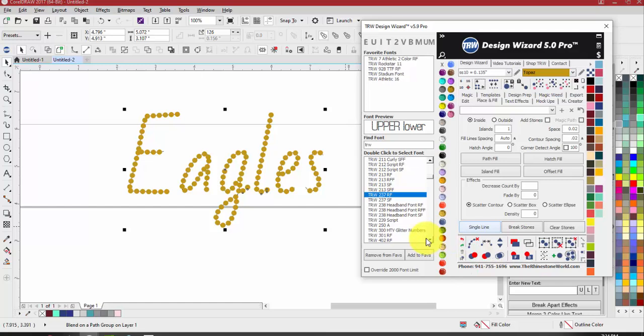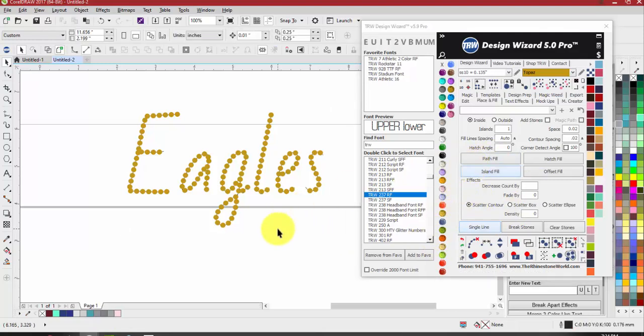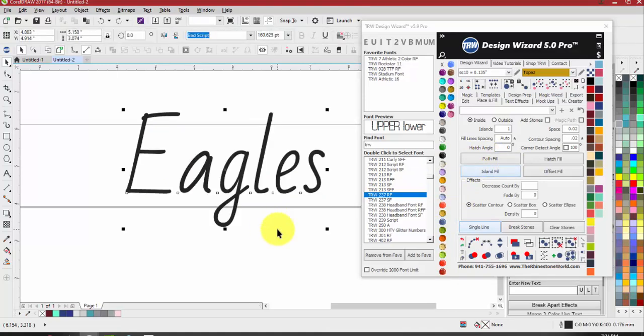So with a simple text, just one color, one row, the single line is perfect for it. If you want a little bit more, you can use the path fill. And that's, you know, again,